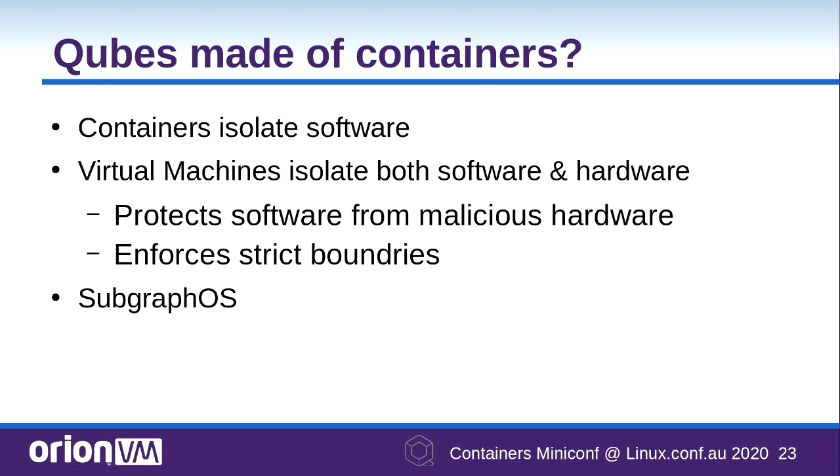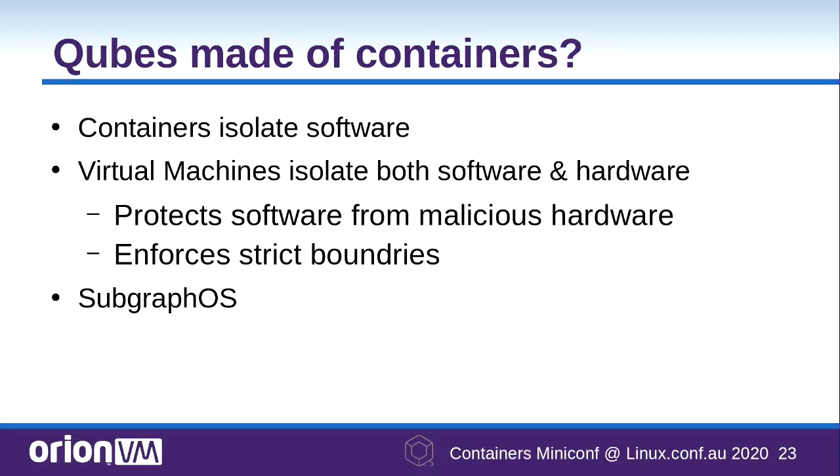All good? Sweet. So, an obvious question that you may have thought of, given that you're all container-minded people at this container mini-conf: this Qubes thing looks kind of cool, but can it be made out of containers? And the answer is kinda. There are some existing projects that work reasonably well and that are built using containers and container primitives, specifically looking at Subgraph OS. The issue there is you're still sharing a whole bunch of kernel objects. You're still sharing the same kernel.